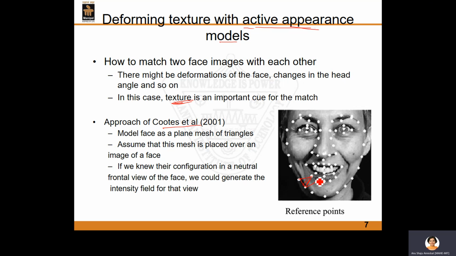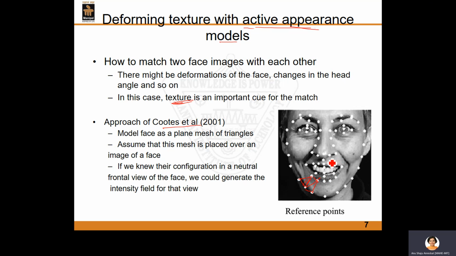I can form another triangle with these three, and so on, right? So I can form a triangular mesh with all the landmarks which are present over here. And these reference points that you see here are assumed to have a fixed location throughout, okay? Now, in order to deform this space so as to get a relaxed expression, what we do is we